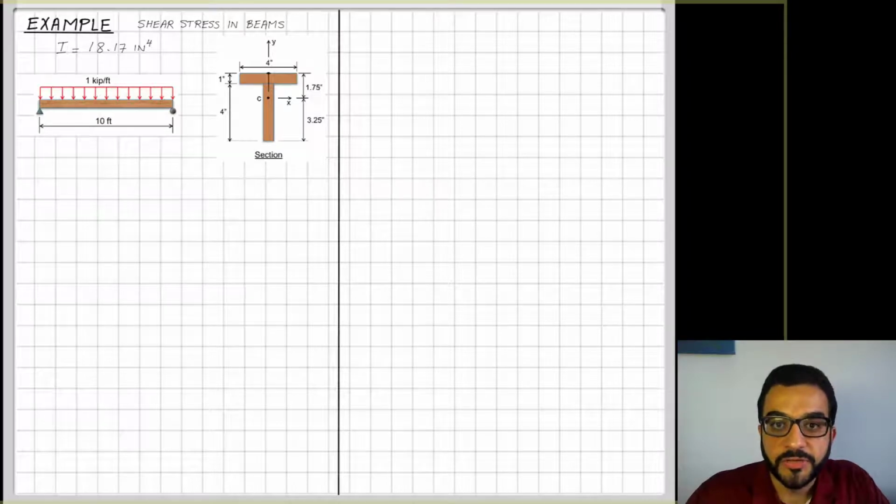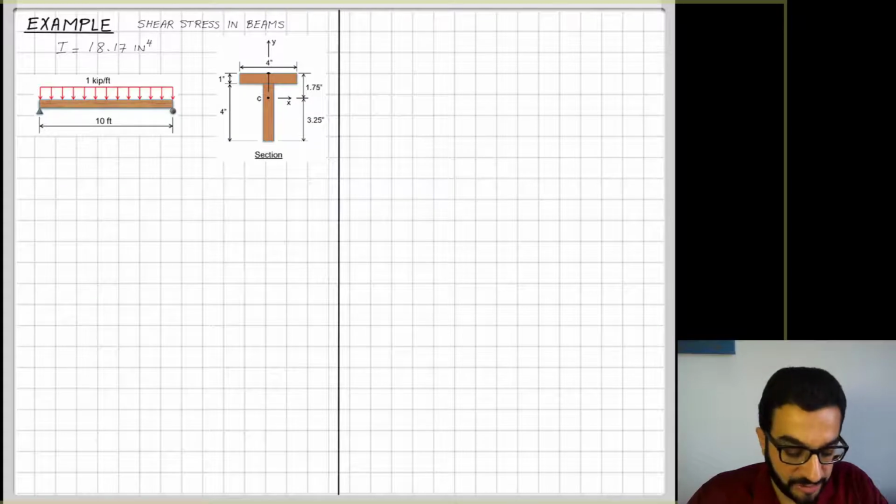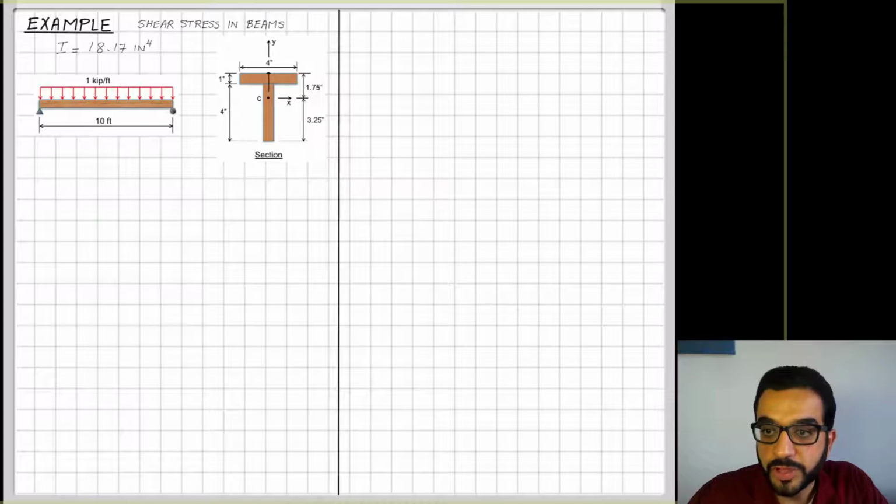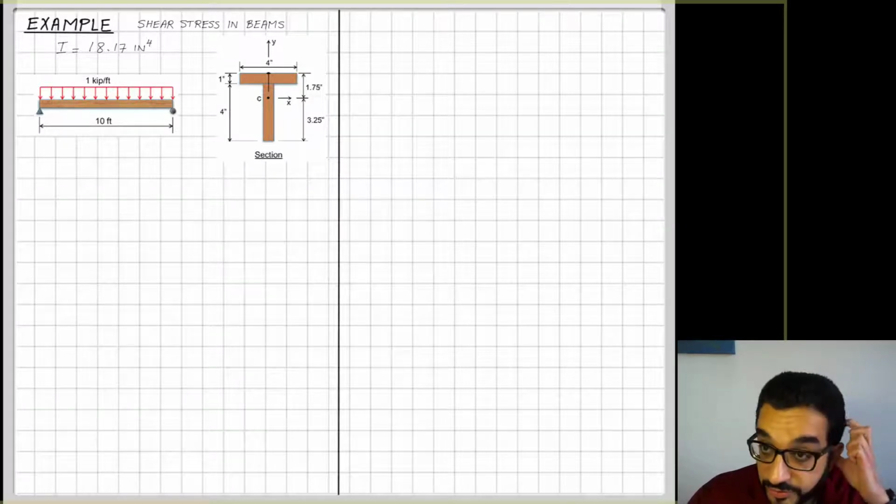Welcome. This example will see how to calculate shear stresses in beams. So we have here a beam simply supported, 10 feet in length, subject to 1 kilopounds per foot distributed load. The beam is made up of 2 wood planks to make up a T-section. And we are already given the centroid location, C point here in the cross-section, at 1.75 inches from the top